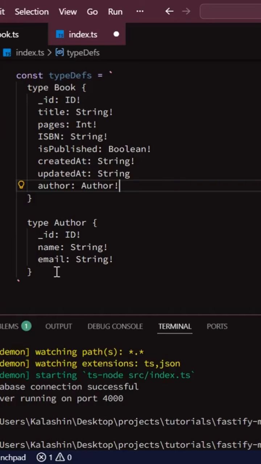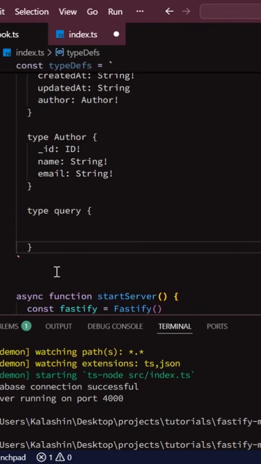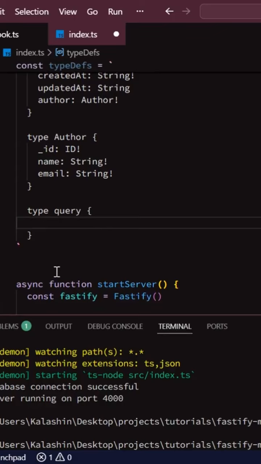We need to define a query next. The query type is what defines the type of data we can fetch from the GraphQL server. This is how we make read requests to the GraphQL server, and as such, I will add a books query which will resolve to an array of books. The exclamation mark ensures that there must be an array, and the array cannot contain any null values for a